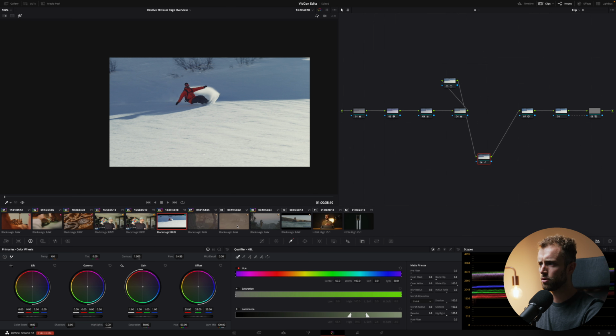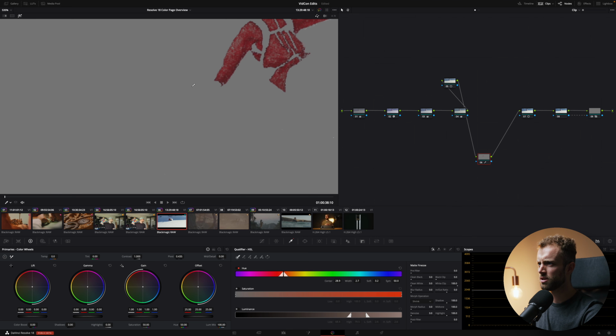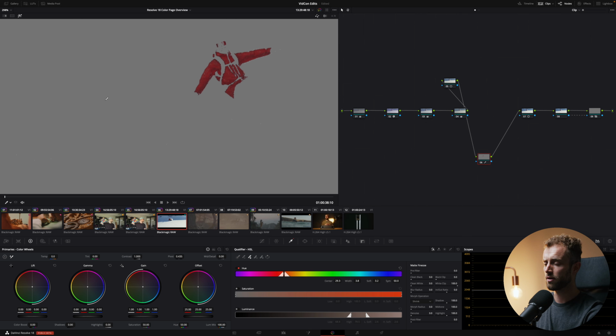You can also do it with hue. If we click the red jacket, great to see this. You've got some more options here. You can either click this one to add in a little bit of the colors, maybe in another area of the footage, or this one to feather the edges, make it softer. And then you have all these controls right here for matte finesse to get a better selection.